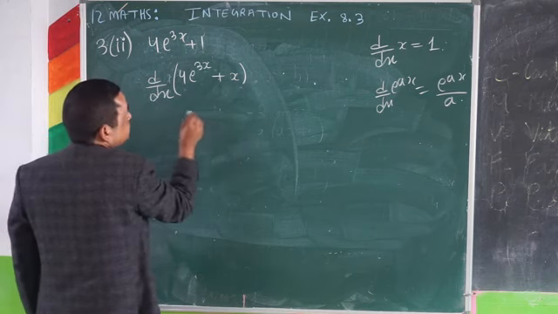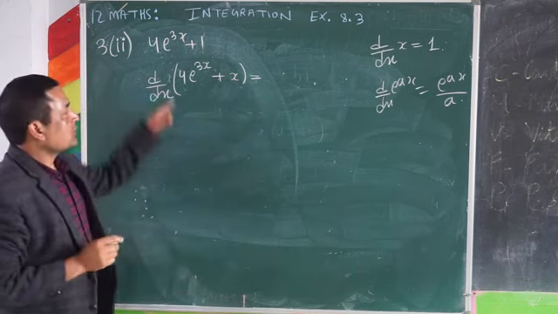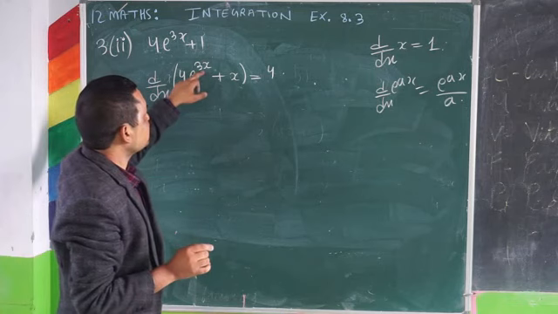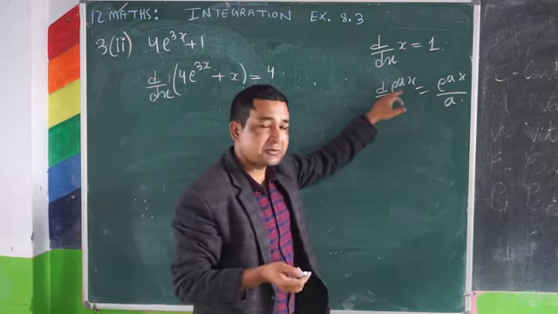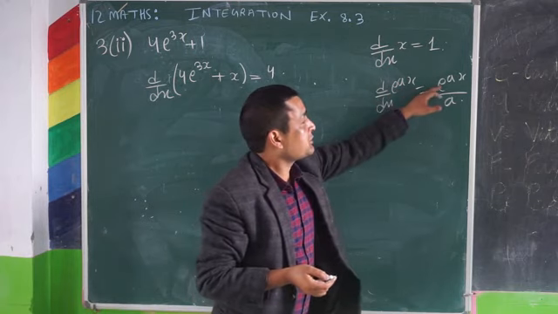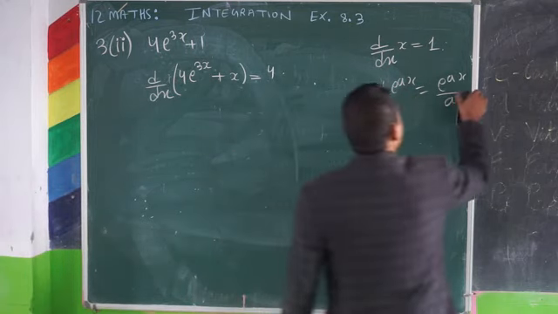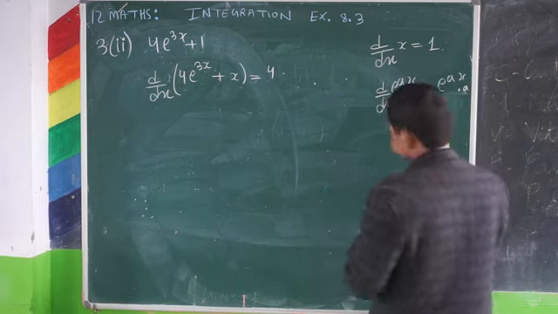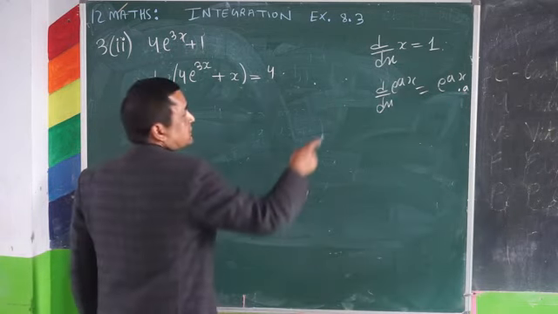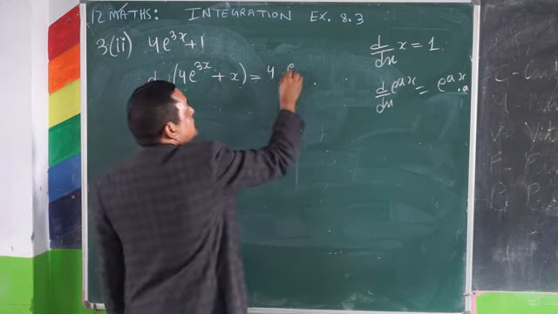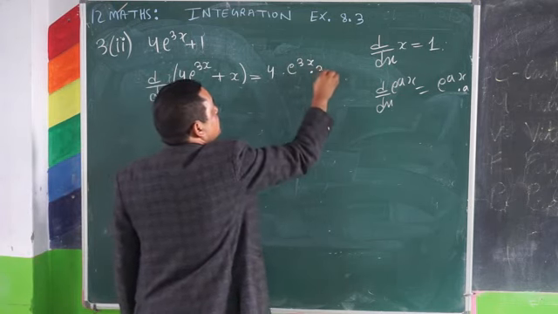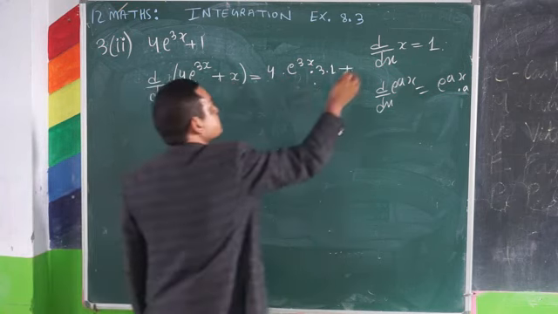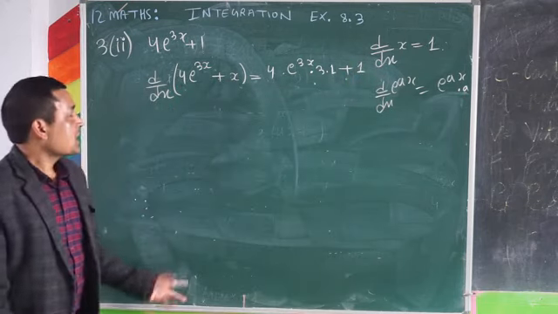Now do the differentiation of this one. 4 is a constant, so give this 4 as it is. There is no change. And differentiation of e to the power 3x is like the differentiation of e to the power ax. Differentiation of e to the power ax is e to the power ax, dot a. Not divided by a, this is dot a. Then differentiation of e to the power 3x is e to the power 3x dot 3. Plus, and differentiation of x is how much? 1.